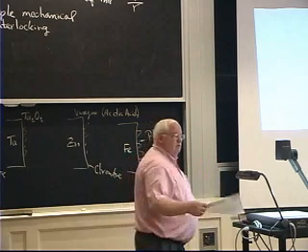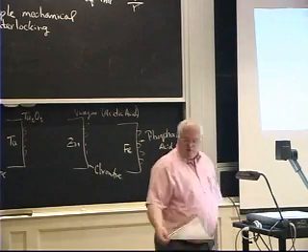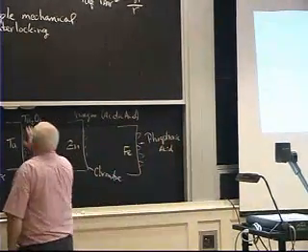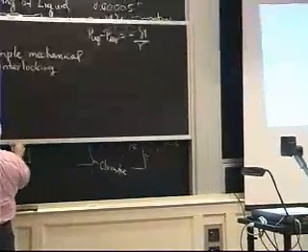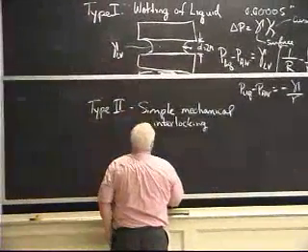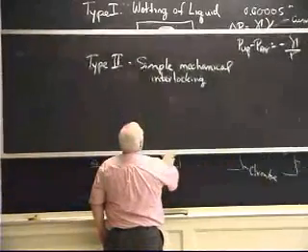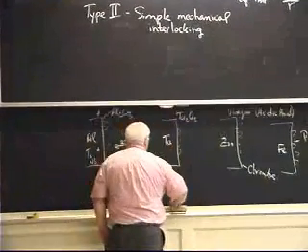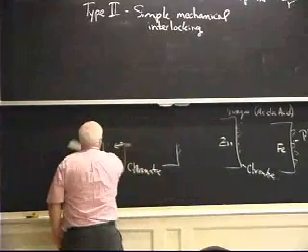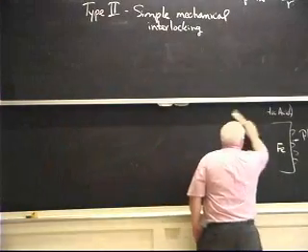Any questions on that? So the next part of adhesive bonding, what I just told you was basically the two types, type 1 and type 2, where you can either have a wetted liquid between the two surfaces, and we don't have to get into gluons and gravity forces or any of that. In type 2, which is simple mechanical interlocking, which occurs in all kinds of processing that we do,